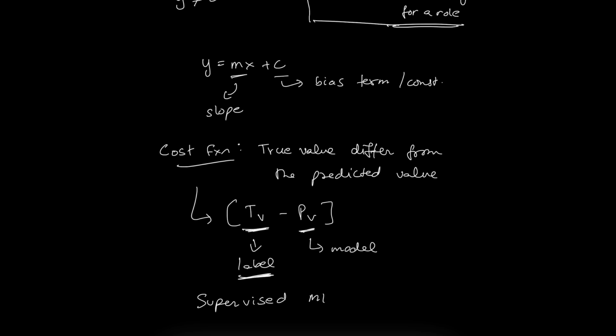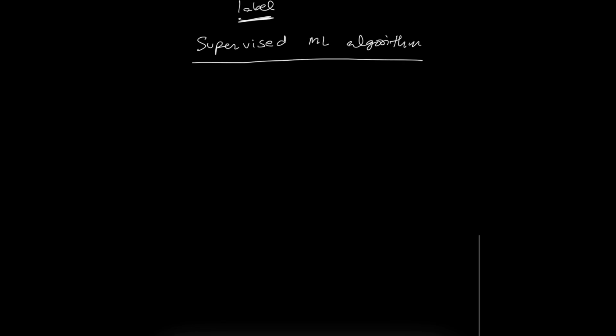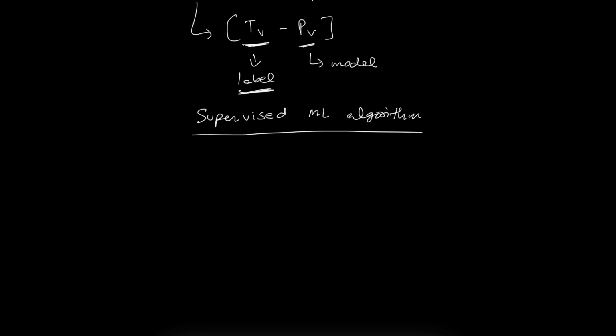supervised ML algorithm. If you want to know more about supervised versus unsupervised ML algorithms, you can check out my other video where I brief you more on these topics. But basically, because this is a supervised ML algorithm, we already have our labels, and that will be our true value. Now the predicted value is what we get from the model by giving the model just the features and then getting the output as the prediction that we get from it. So